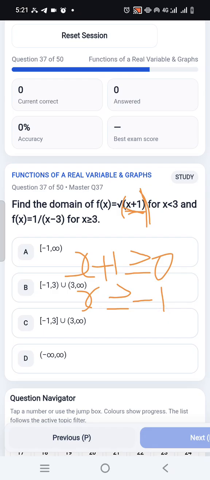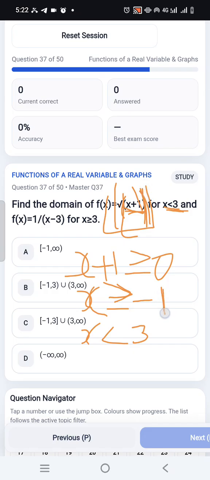But mind you, this function only works when s is less than 3. So even though s is greater than minus 1, if we use any value that is greater than minus 1 but is not less than 3, this equation cannot work in the first place. Do you get it? Even though s is greater than or equal to minus 1 because of this square root, s must also be less than 3 before this equation can work. So that means s is starting from minus 1,